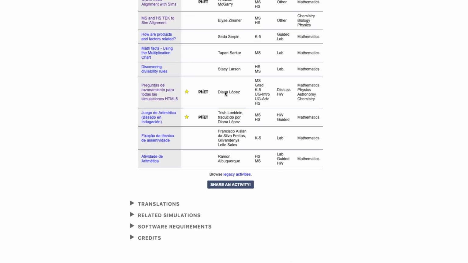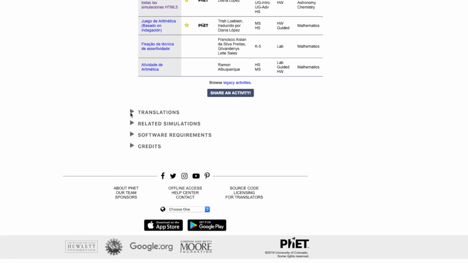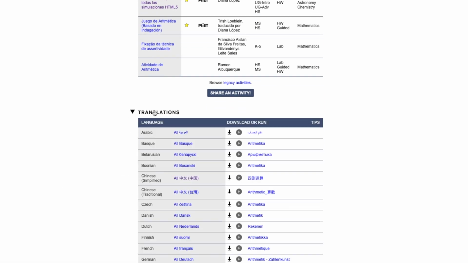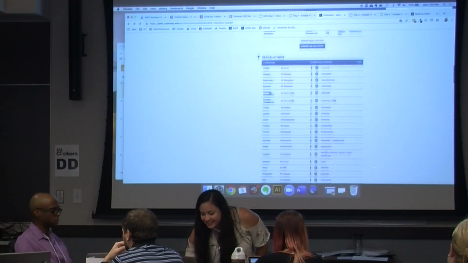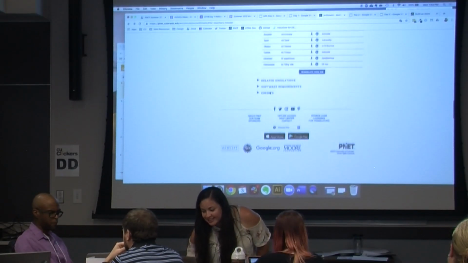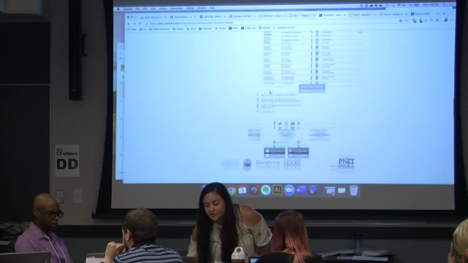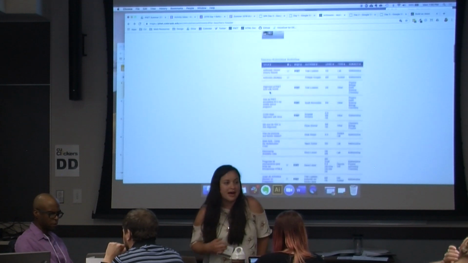You can just take these documents and adapt them to your students. And if you have students that need the simulation in their own languages, as Amanda said in the beginning, we have the simulations translated into many languages. For example, I am one of the translators to Spanish. This is only some of the resources that we have available for each simulation. We also have more resources that we are going to show in the future about FED in general and how to work with FED in your classroom.